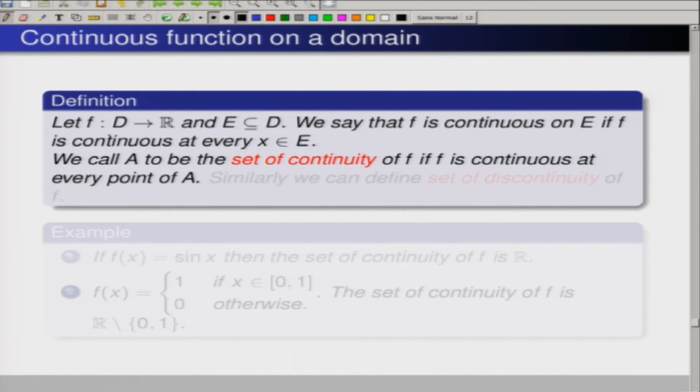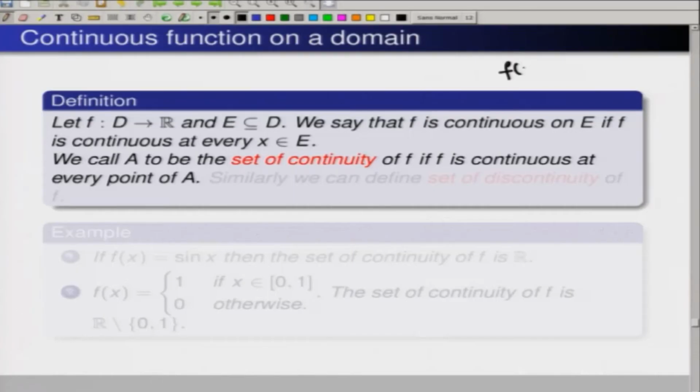It can happen that f is defined everywhere on the domain, but there are only some subsets on which f is continuous. Suppose for example, the indicator function of 0 1. I will come to that in a moment. So, we call A the set of continuity of f if f is continuous at every point of A,